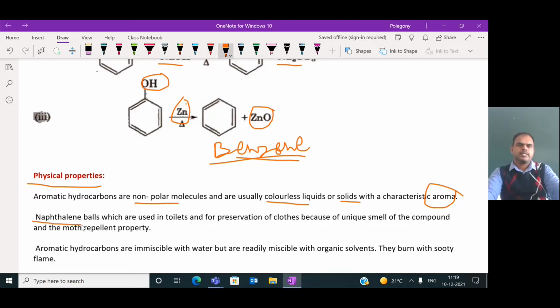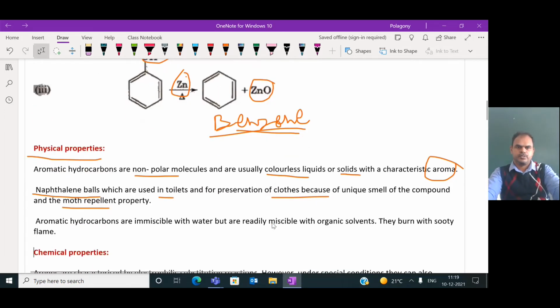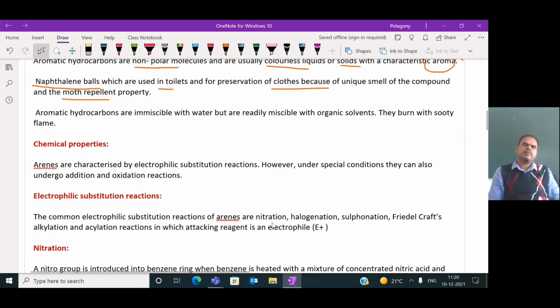You are already familiar with naphthalene balls used in toilets and for preservation of clothes. They give a unique smell, and they have a moth repellent property, hence we use naphthalene balls for preservation of clothes. We can put 2-3 naphthalene balls in the clothes. If you put naphthalene balls, then moths or insects do not attack the clothes because of this naphthalene. And another very important property of aromatic compounds: